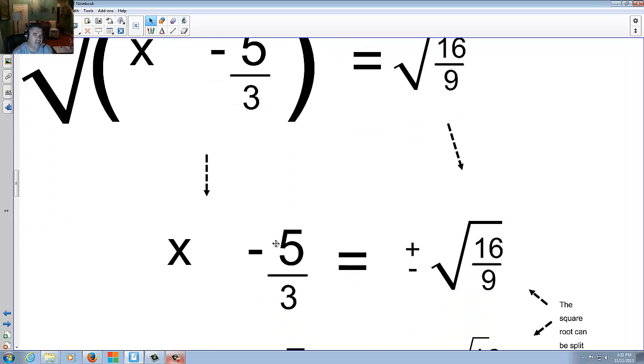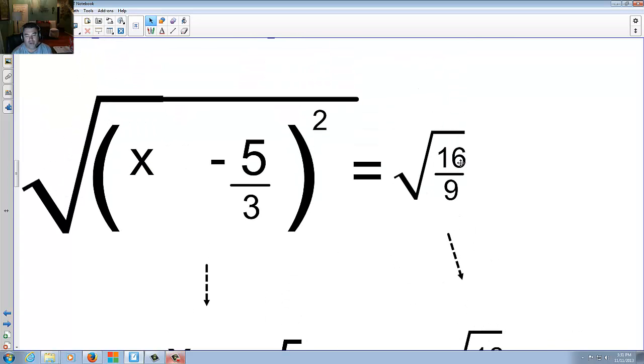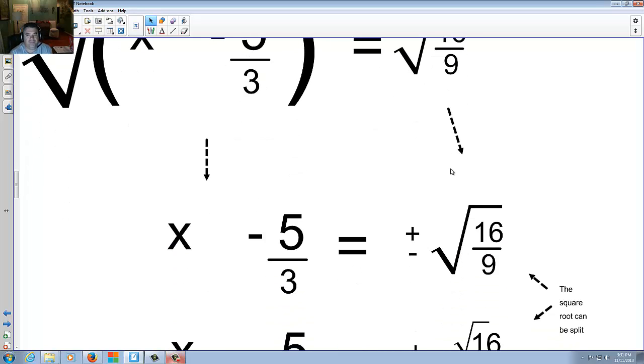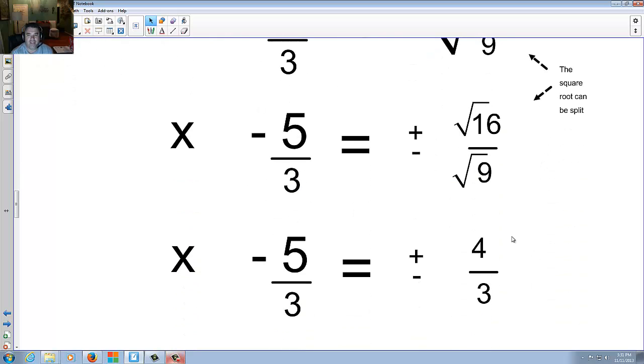So x minus 5 thirds equals plus or negative. Why plus or negative? Because remember, when you square root a number, even a fraction, it could have been two positives or two negatives. Root 16 and root 9 individually, split them up, and you get positive or negative 4